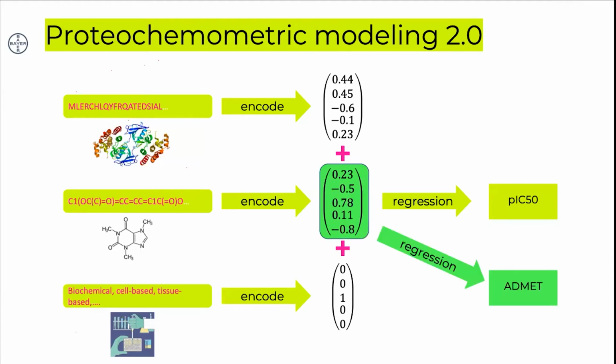And we borrowed also a little bit more additional strength by performing on the compound embedding simultaneously some kind of an ADME regression task. So you can think of it as a multitask regression model. The main idea behind it is that the pIC50 binding of a ligand against a protein is sometimes also dependent on the lipophilicity of a compound. And by incorporating this kind of information, you can borrow strength between the pIC50 prediction and the ADME prediction.